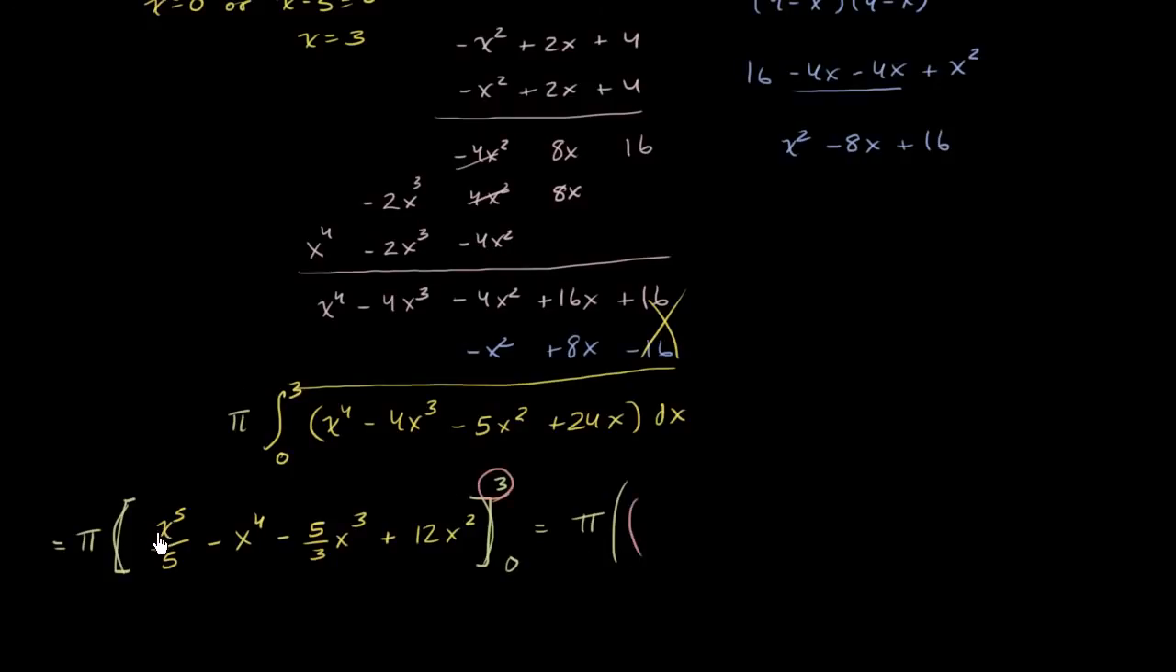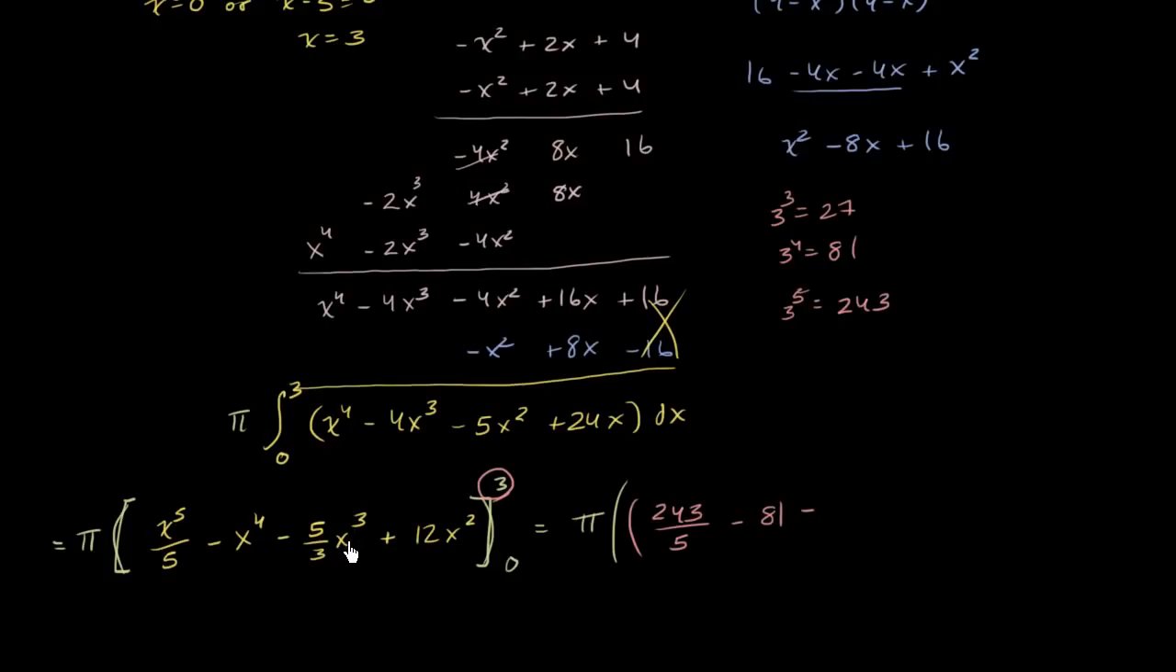So we're going to get 3 to the 5th power. Let's see, 3 to the third is equal to 27. 3 to the fourth is equal to 81. 3 to the fifth is going to be equal to, this times 3, 243. It's going to be some hairy math. 243 over 5 minus, well, 3 to the fourth is 81, minus 81, minus, let's see, we're going to have